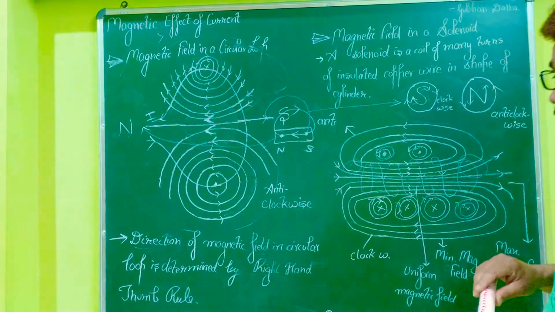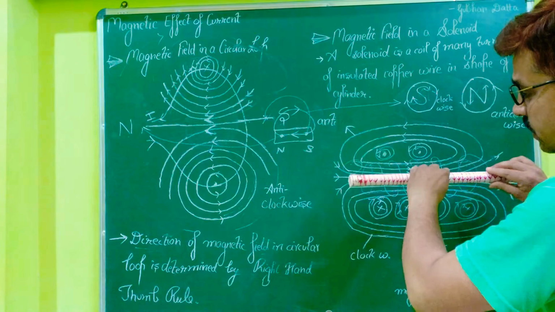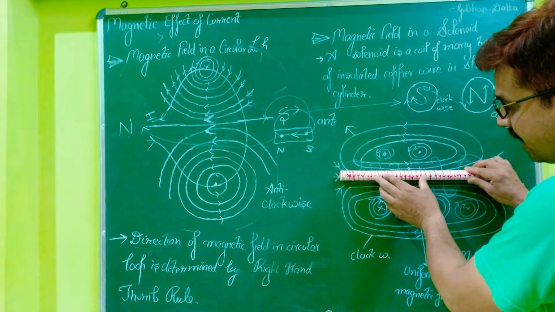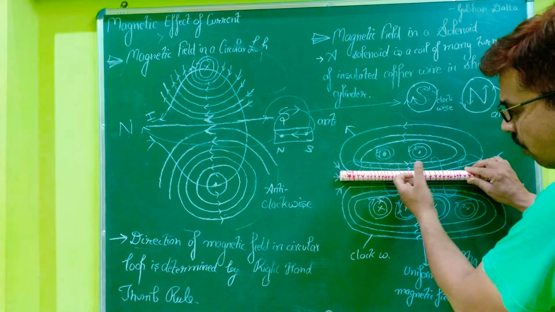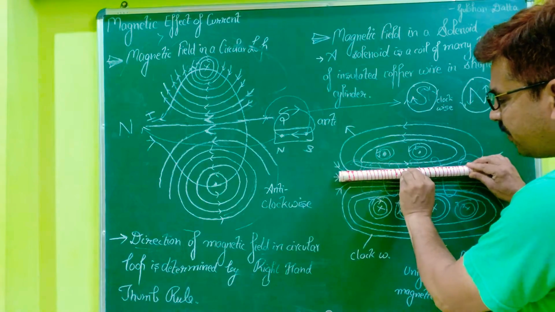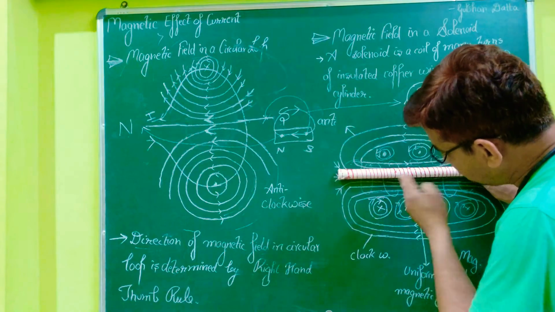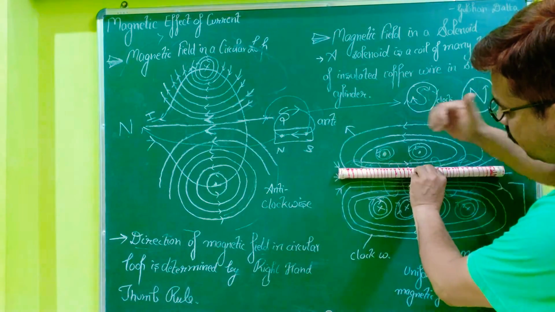So let me share with you that if I hold this conductor, this solenoid, in this way, in this part the current is coming outside, ये बाहर को आ रहा है, ये बाहर को है, ठीक है, ये देखो यहाँ पे मैंने रख दिया, अब ये बाहर को आ रहा है। अगर यहाँ पे ये बाहर को आ रहा है तो इसके नीचे वाले पार्ट में ये अंदर को जाएगा, तो इसलिए आपको दिख जाए तो थोड़ा सा मैं बाहर रख रहा हूँ।